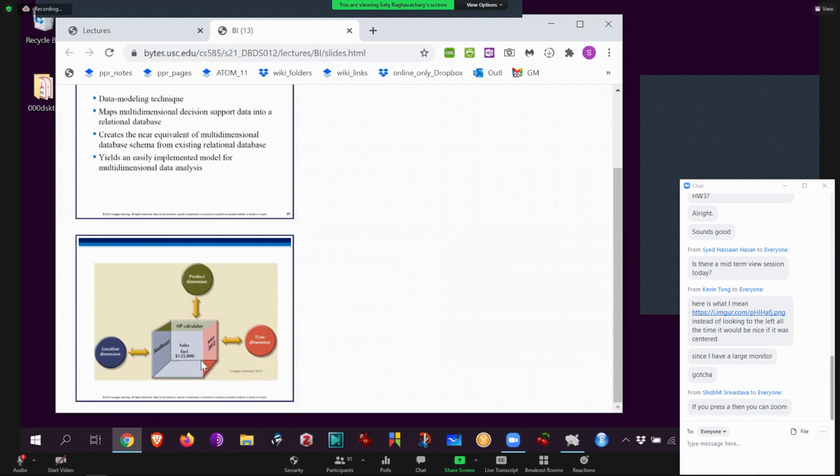A star just simply goes like this. Your actual facts are all in the middle. And the idea is that every fact, meaning every sale that was made, can be described in terms of what product was sold, what time the sale took place, or what location the sale took place. The columns that describe every single sales receipt are simply called dimensions, because it's almost like a multidimensional space: X dimension, Y dimension, Z dimension. All of these columns, these attributes, are pretty much like axes in that multidimensional space. And every single little sale would be one point in that multidimensional database.